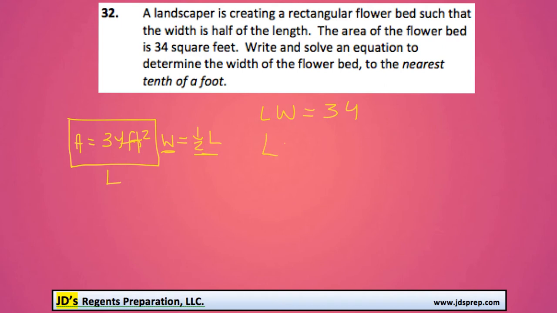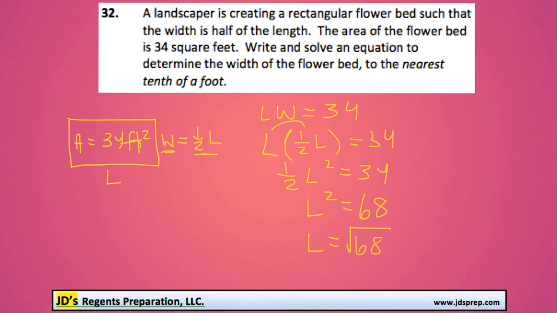So this is going to become L times 1/2 L equals 34. Then if we multiply these together, we'd get 1/2 L squared equals 34. Next, to get rid of this fraction, we could multiply both sides of the equation by 2, and we'd get L squared equals double 34, which is 68, which means our length is equal to the square root of 68. And using our calculator, we would get about